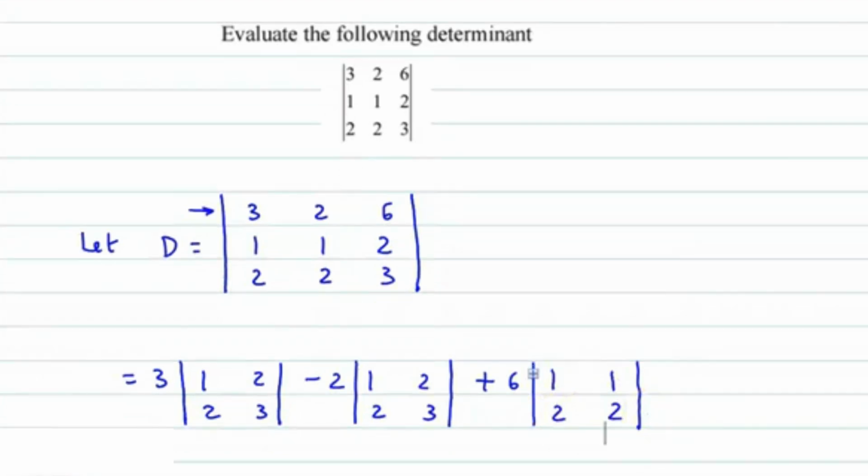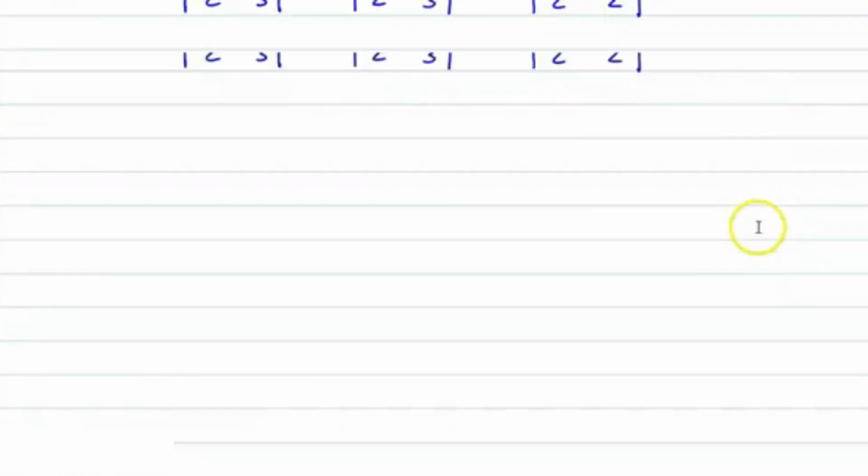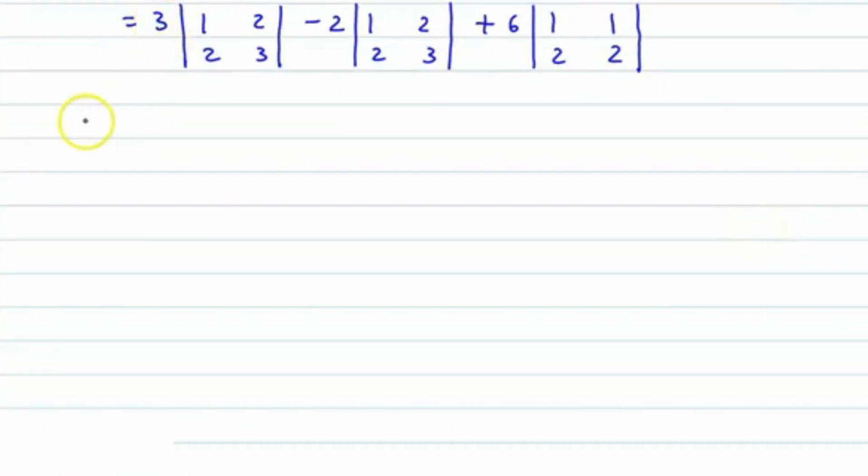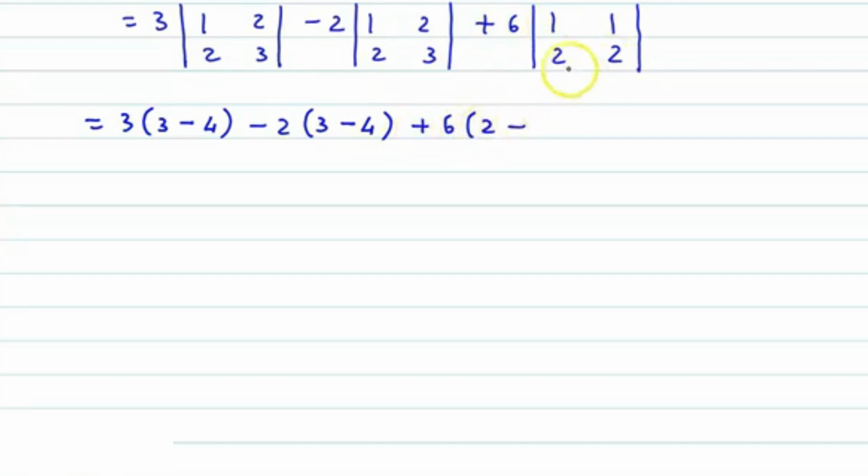एंड नाउ वी इवैल्यूएट दिस फर्दर। देखिए क्या आता है। तो ये 3 तो एज इट इज रहेगा, ये सेकेंड ऑर्डर डिटर्मिनेंट आ गया। सो 3 into 1 दैट्स 3 माइनस 2 2s दैट्स 4, फिर आएगा -2 into 1 3s 3 माइनस 2 2s is 4, फिर आएगा +6 into 1 into 2 that's 2 minus 2 into 1 again that's 2। अब 3 minus 4 ये आता है -1 into 3, so that becomes -3।